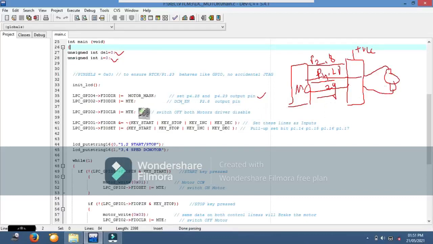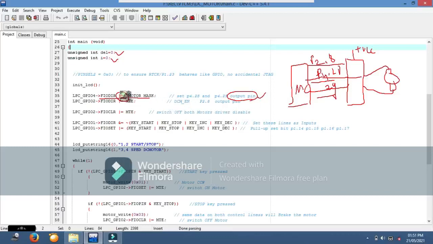Here you see FIODIR used with the OR-equal operator, which defines the direction for pins 28 and 29 as output pins.